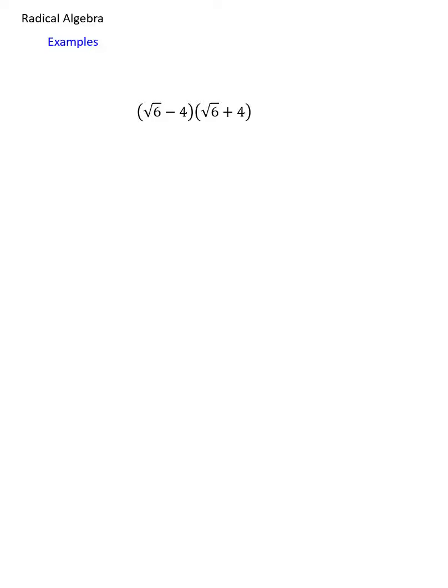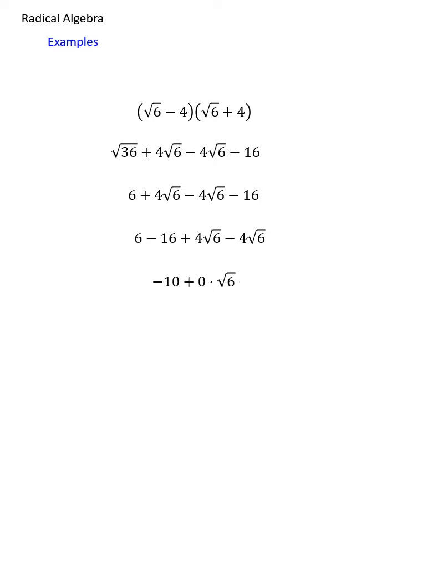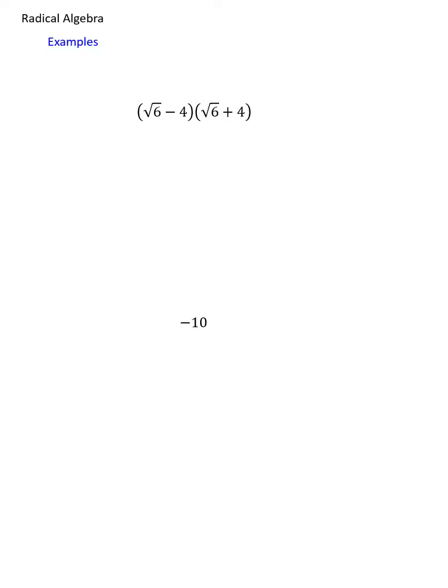I'd like to look at another example of multiplication of two-term radical expressions. And without giving a ton of detail, I'll simply say that I used the same FOIL process that I did on the previous problems. Pause if you want to see the details here. But what's more interesting than the details is that we end up in this problem with a single rational answer. In other words, an answer with no radicals in it at all, to this multiplication problem